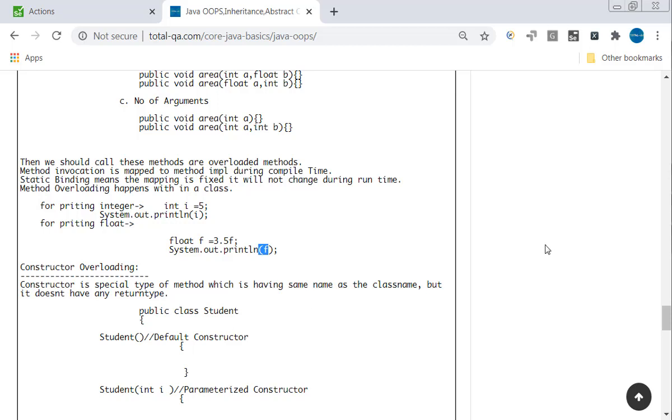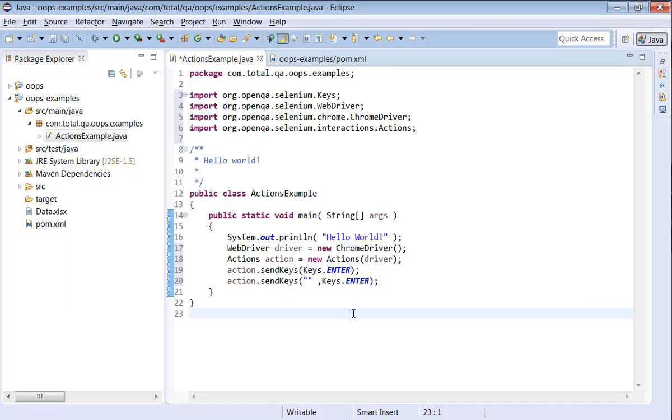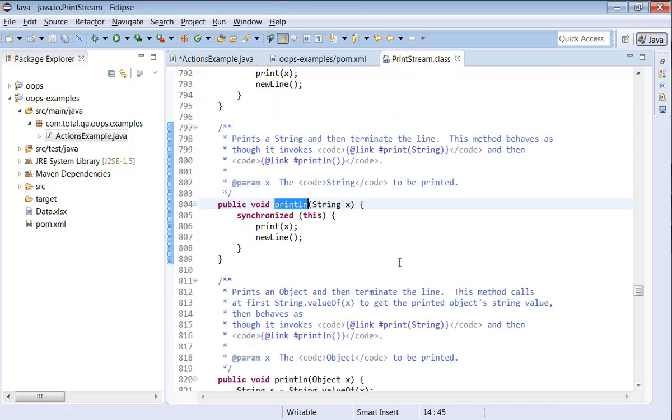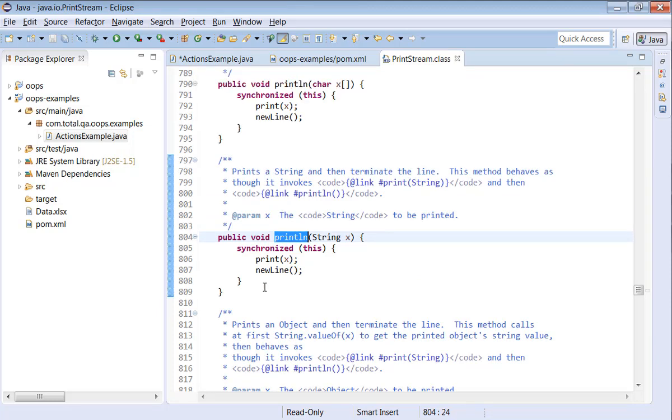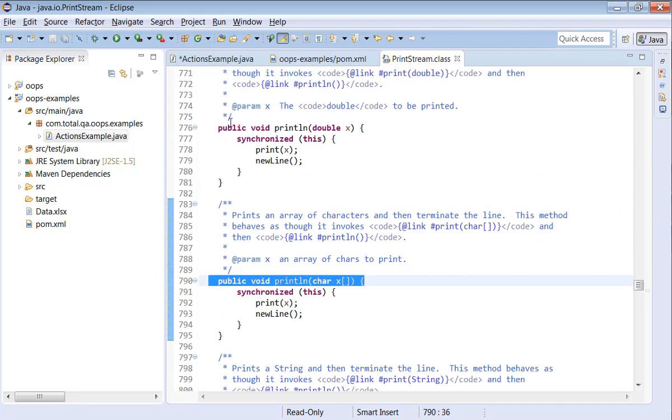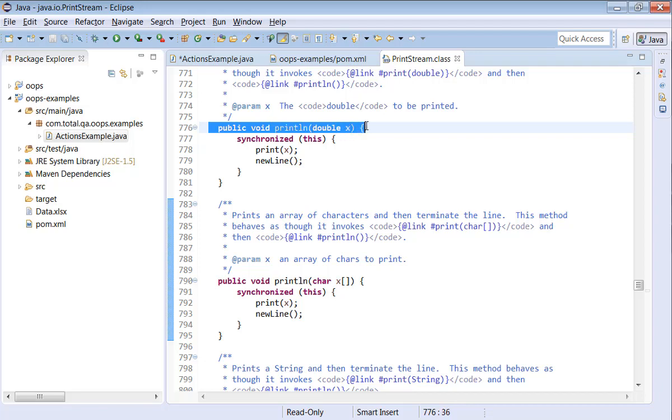Let's look at how the Java developers have written the API. If you look at system.out.println hello world, I just click on the println method to open the source code of the Java API. If you look here, public void println string x, public void println char x, public void println double x.